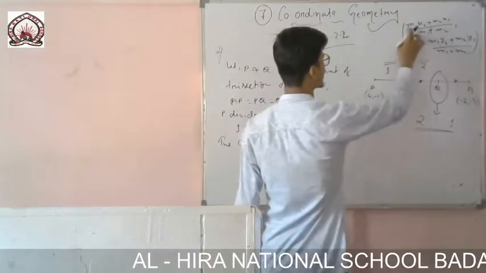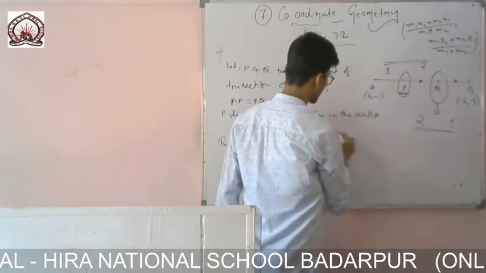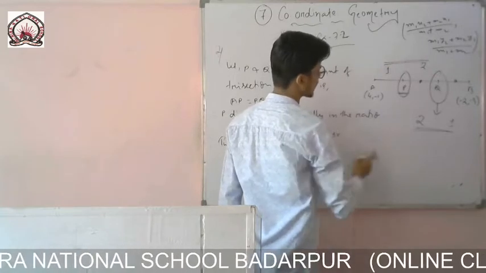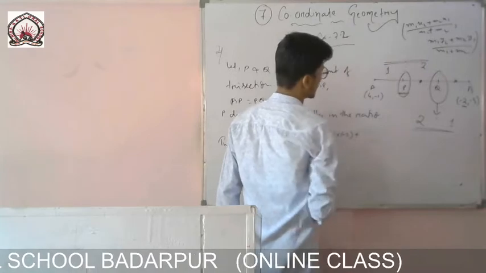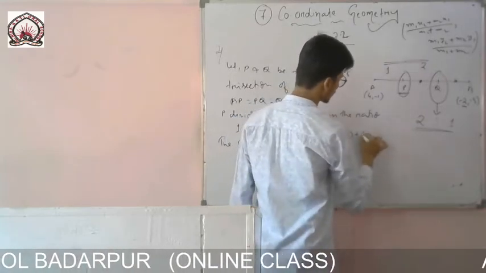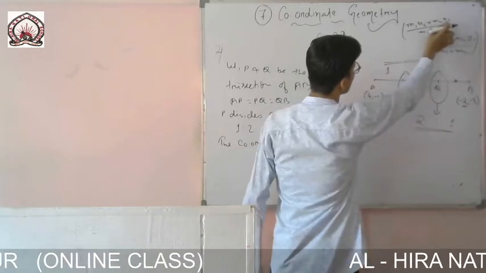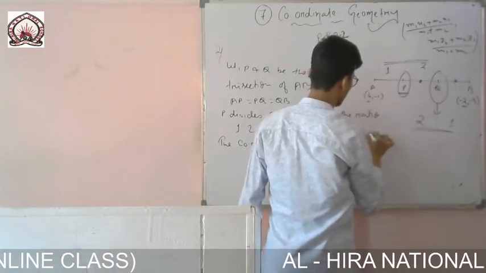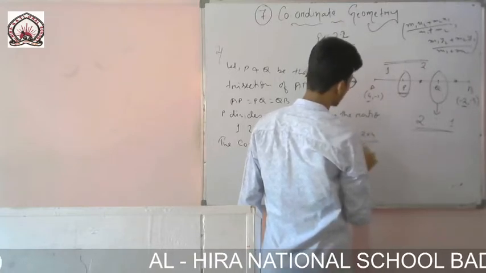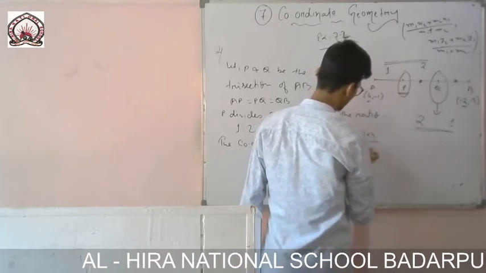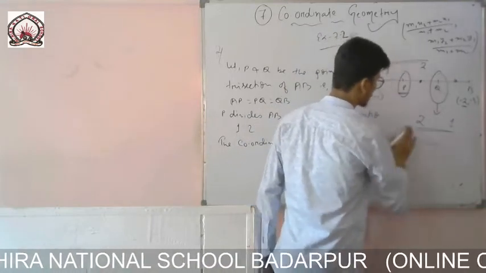You see here, first one, what is it? M1 here is 1. So 1 into x2, which is -2, plus M2, which is 2 here, into x1, which is 4. Divided by the sum of the ratio, that is m1 plus m2, that is 1 plus 2. And for the y coordinate, it will be,